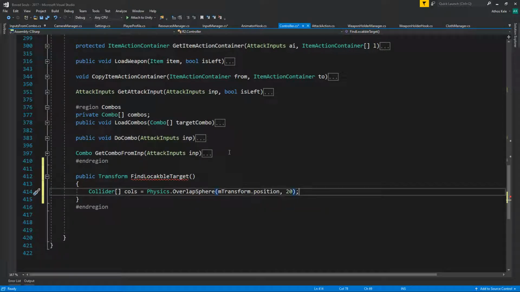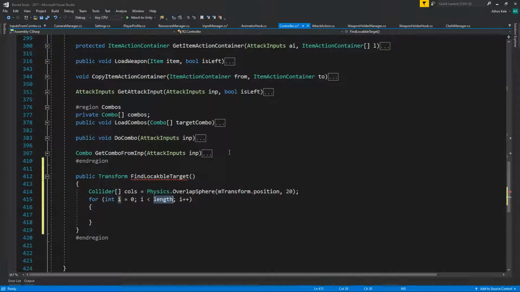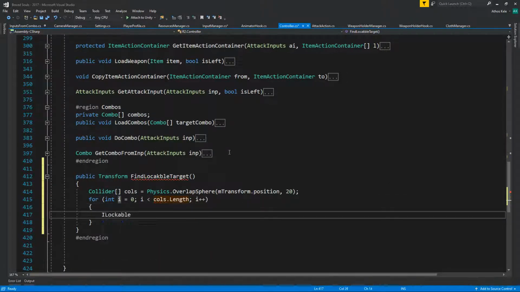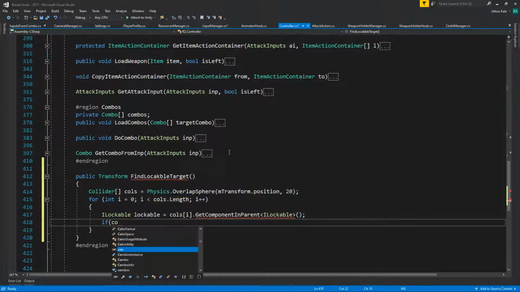You can also pass a layer mask, so it will be simpler. Then ILockable lockable equals GetComponentInParent ILockable. Okay, if lockable